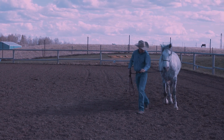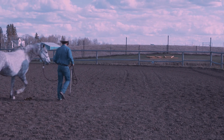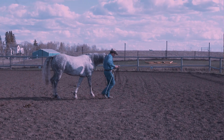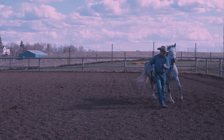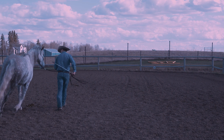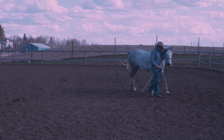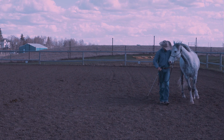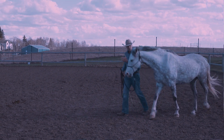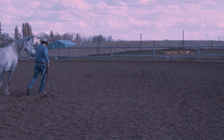But to get him to be able to find good comfort off my shoulder, trying to use my body language to get him to hook on and have a feel for me when I go, that he stays and eventually he doesn't need the lead. So I just started this with him the other day, and it seemed to be a little tougher on his right side, but he's starting to lean in. What's important is that he leans in but doesn't start pushing me. So can he feel in,